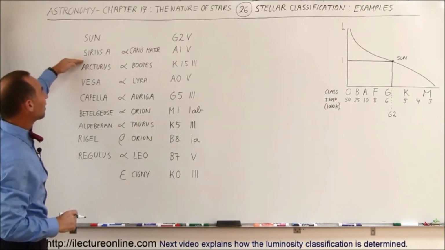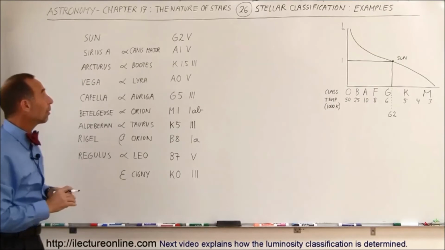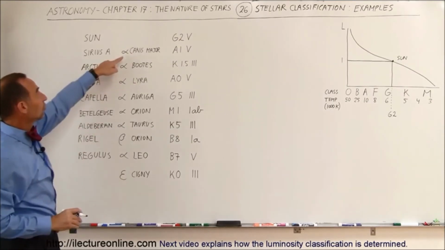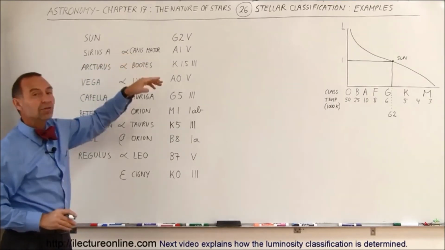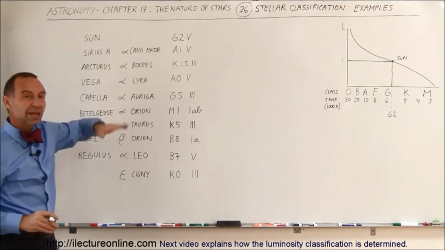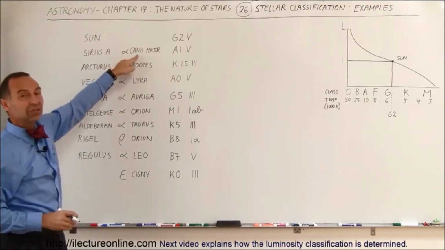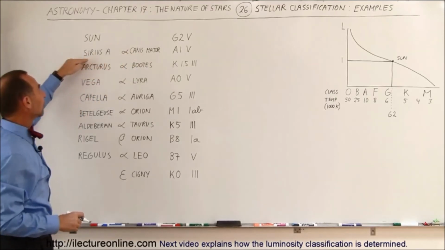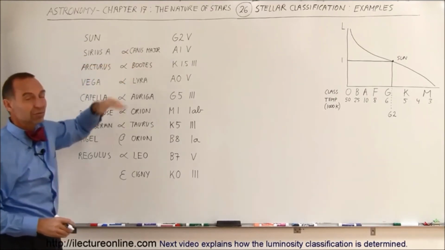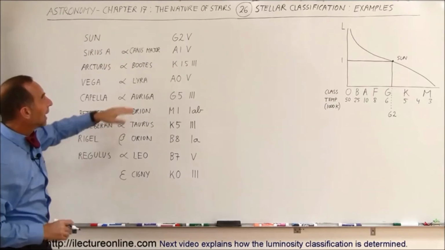So here we have Sirius A, the brightest star in the sky, which is part of Canis Major. So it's also known as Alpha Canis Majoris. Alpha is the first letter in the Greek alphabet, which indicates that it's the brightest star in the constellation Canis Major. So instead of saying Sirius A, we can also say Alpha Canis Majoris. It's the same star, and its